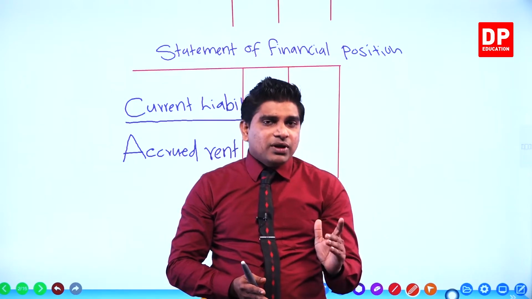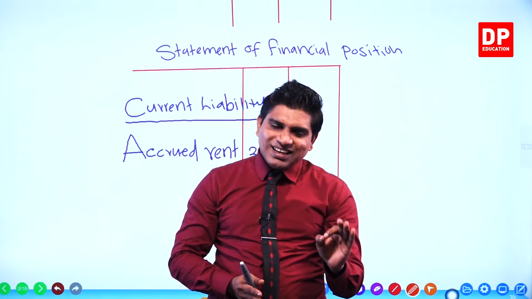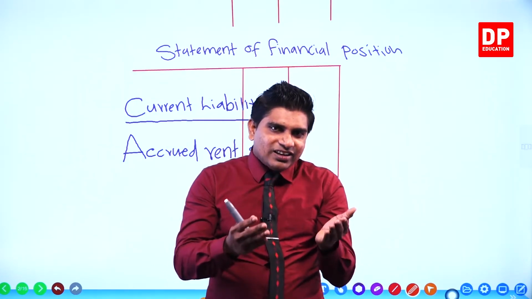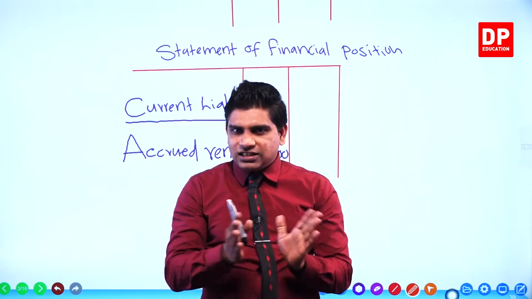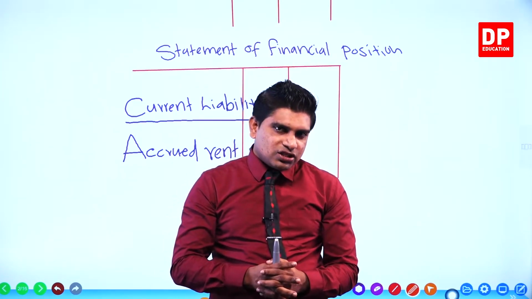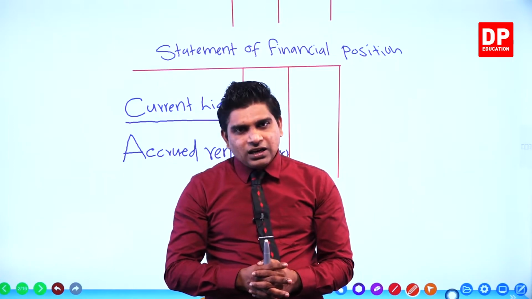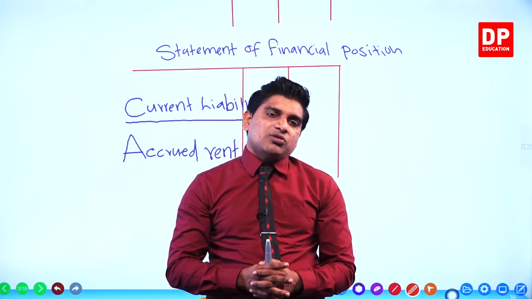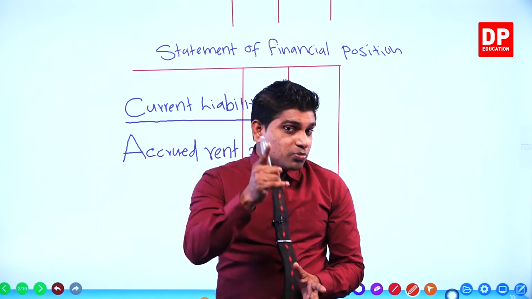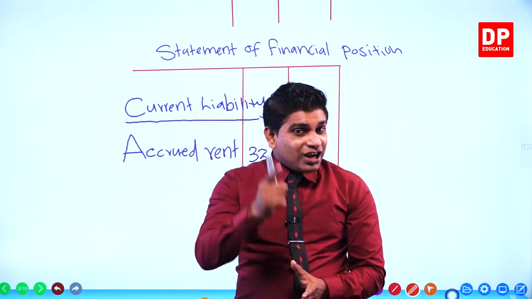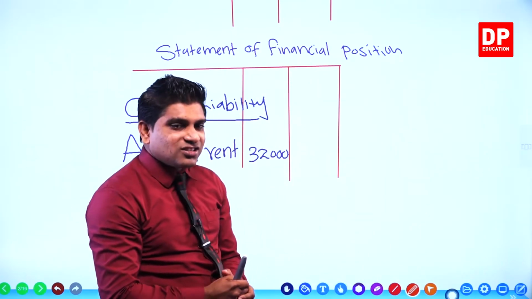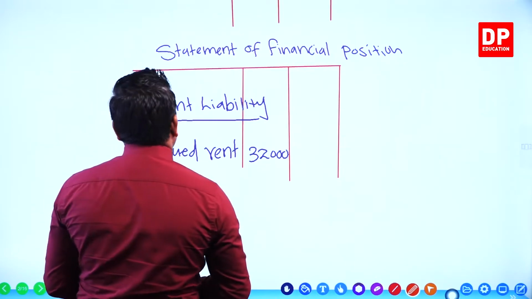Remember, practically when we do the question, it's easy to record first in the ledger accounts, but the normal procedure is general journal, ledger accounts, then finally financial statements. But remember, first we enter the details in the ledger accounts. After that, the relevant entry we record in the general journal. Then we make the necessary changes in the profit and loss statement and statement of financial position. Now we go to the second transaction.